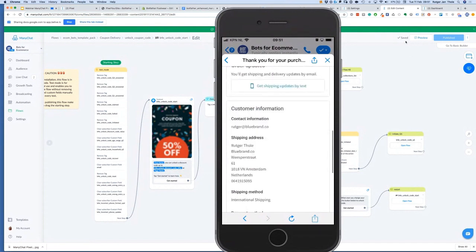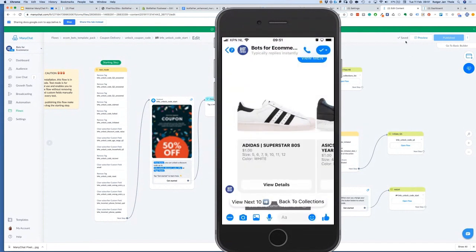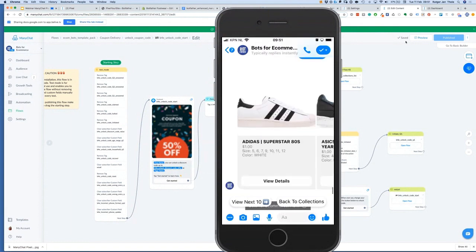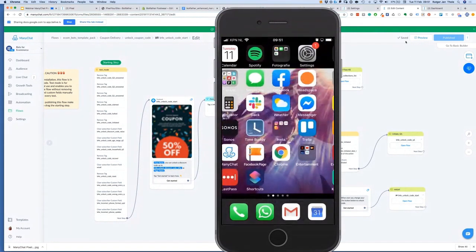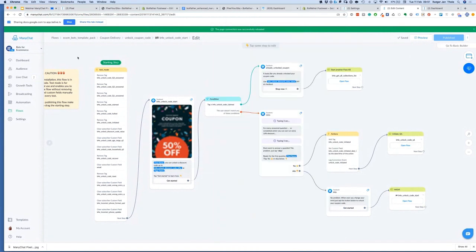Now, this is all good. Purchase event should have fired. This is the thank you page. I can close this. I'm back in the bot. Actually, we now went through the whole process of logging events from opt-in to actual purchase. There we go. And if I go to my dashboard now,